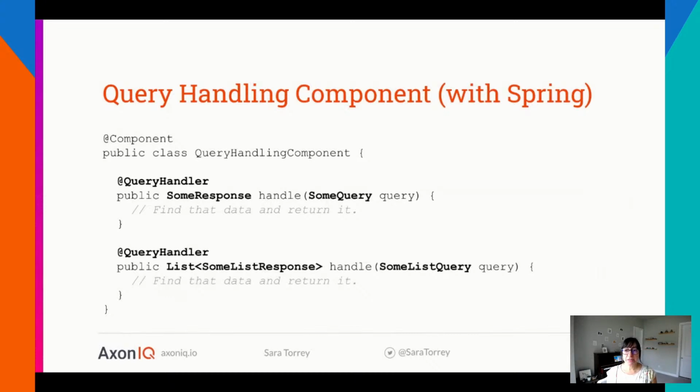Now, in a more detailed example, you can see this class is capable of handling two types of queries. One of them is sum query returning sum response, and the other one is sum list query that returns the list, sum list responses, of course. And this shows that you can have a single result from a given method or several results. And we do have code samples on GitHub that are publicly accessible. If you want to look at those, please check those out on Axon's GitHub.